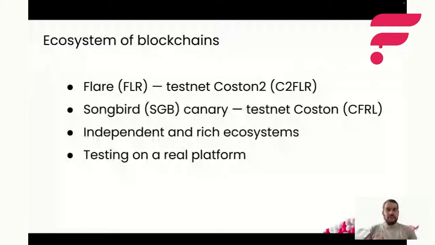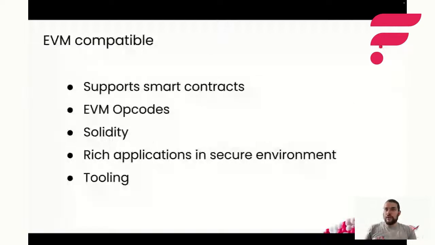Okay, and now the EVM-compatible word. So what does EVM-compatible mean? It means that the validator nodes run the EVM, the Ethereum virtual machine. And what does it do? Well, Bitcoin allows you to send money to each other. Bitcoin also has some additional scripts that you can run. But with the Ethereum virtual machine, apart from just sending transactions to each other, you can send a transaction that has additional information about what needs to be executed. And this is encoded in so-called EVM opcodes. This is the language that nodes also execute when you do something.